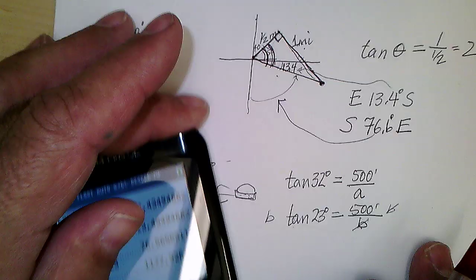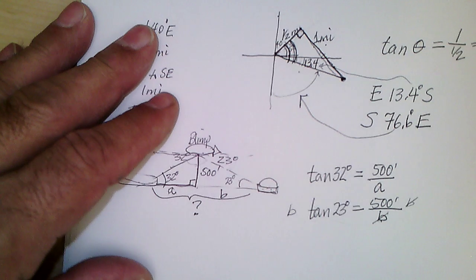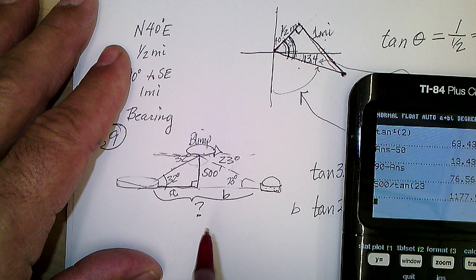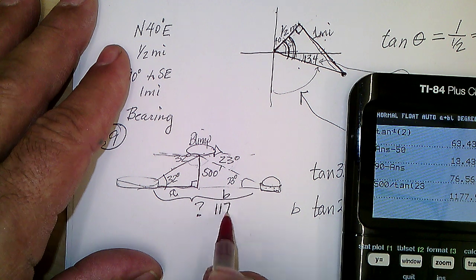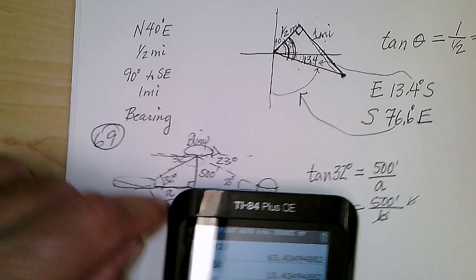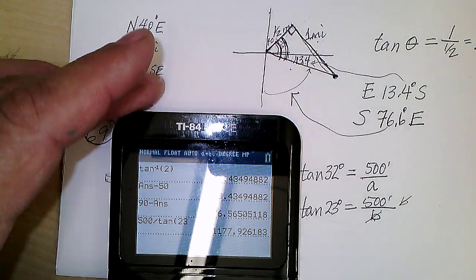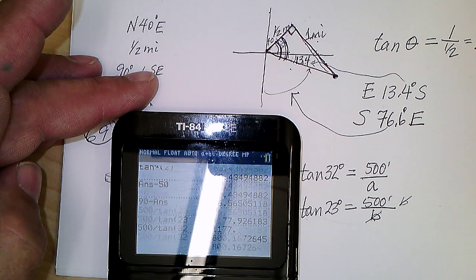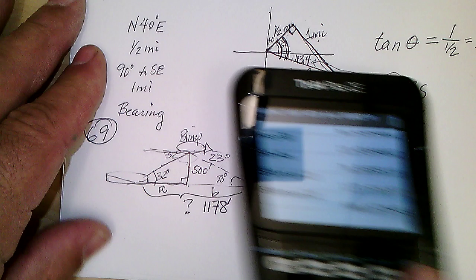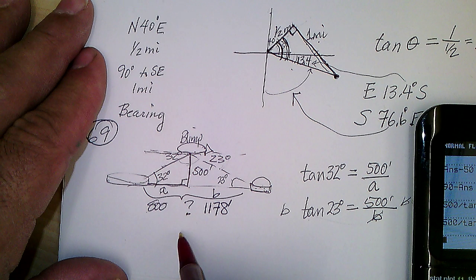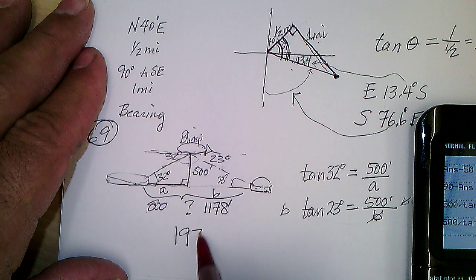And so that's, put it over here so you can see it, 1,178 feet. And A would be basically the same thing, but with 32 degrees, and that's 800 feet. So the two stadiums are apart by 1,978